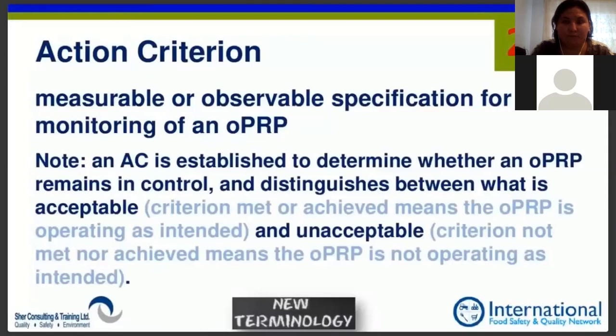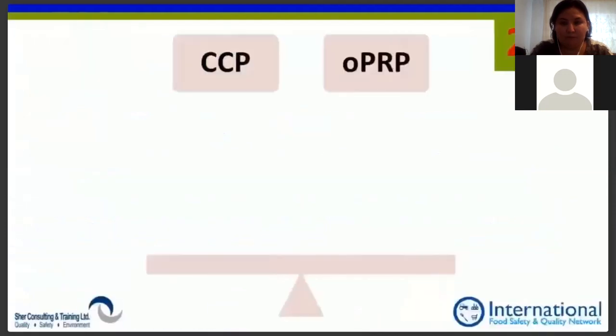So yeah. So Taro Ora is asking storage temperature finished product, CCP or OPRP. Storage temperature would be an OPRP because it's not a step in the process. If somebody calls it a CCP, they're a champion. It makes no difference. And the good news is, as long as we identify a control measure, it doesn't matter what name we give it. Well, it hardly matters what name we give it. We're going to go further deep into the standard and see that there are places where there are clear differences between CCPs and OPRPs. I don't like any of them, but they're in the standard. So let's go on and see what that means.